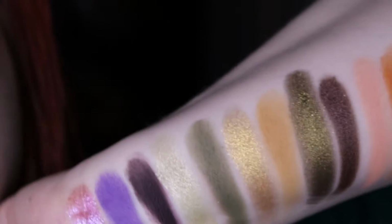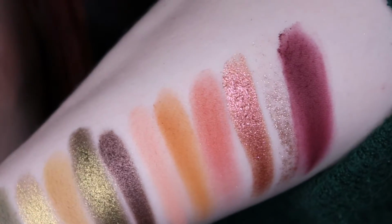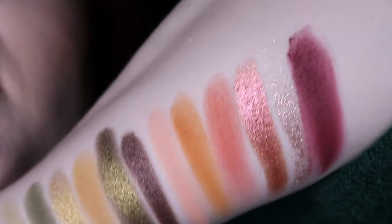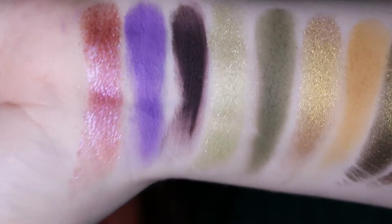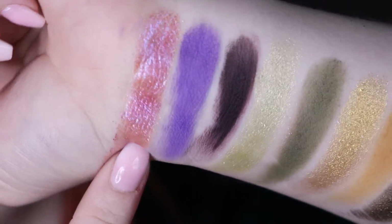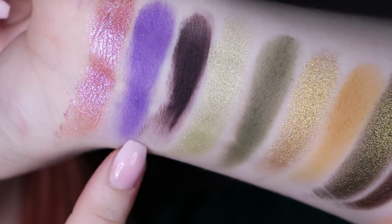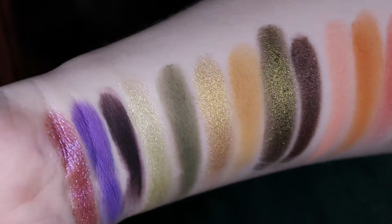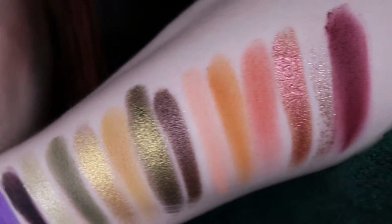And you do have that shade mold that you can use to get the more mustardy toned look on the eye. But yeah, these are the swatches. I did not mention this one, but obviously that's one of my favorite shades of the palette, and this purple of course. But yeah, let's just move on to the first look, where I'm using more of these